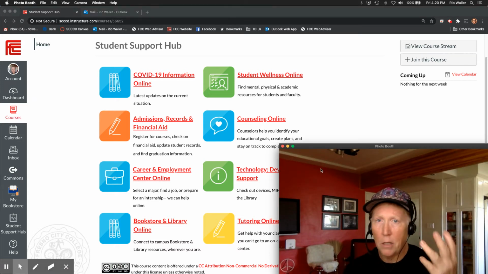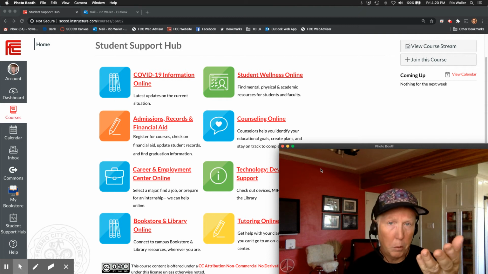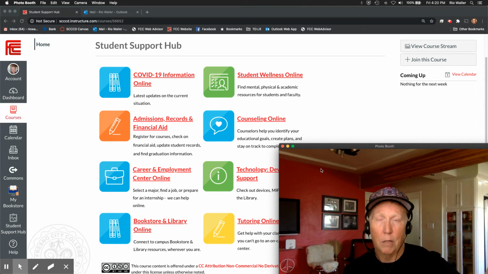Like today I found out something I didn't know, that you can actually drive to campus in your car, and there are specific locations. If you want to know, ask me about that. That could be part of your reply. And you could be in your car on our Wi-Fi, right? So if Wi-Fi is an issue, which, for this class,